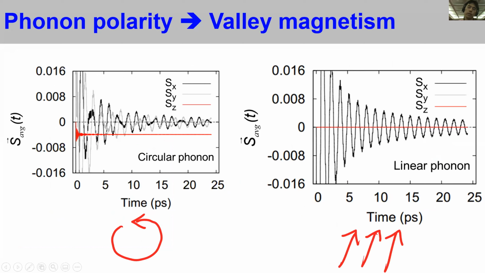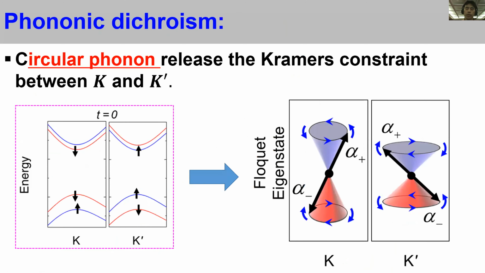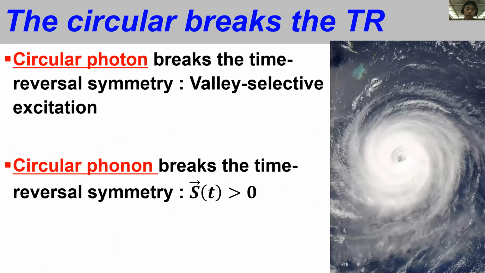So we gave a name that this is kind of the valley magnetism. Magnetism here means the net spin value. So this is an example of how the circularly polarized phonon breaks the Kramers pairing or the time reversal symmetry of the solid state. So, the summary,